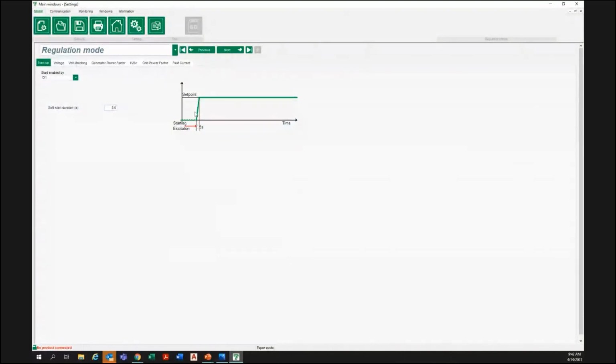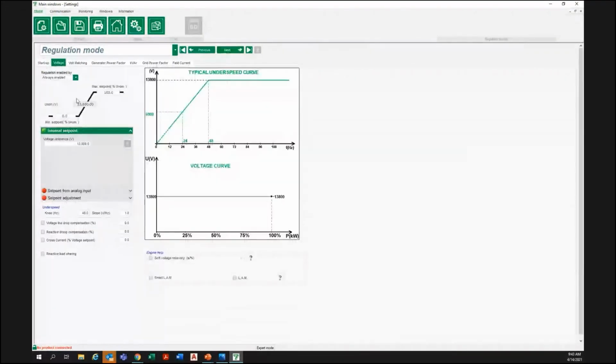As you can see, it rather quickly ramps up to rated voltage. You can set it for 25 seconds. Have it take quite a while to get up to rated voltage, and that's something that'll have to be chosen by the user. Voltage regulation mode, you can set this to be always enabled, or you could have it triggered by a digital input, or you could say none if you're intending to use a different voltage regulation mode.